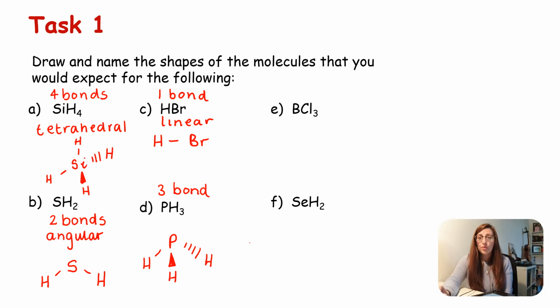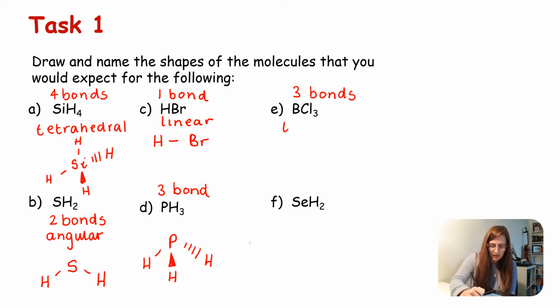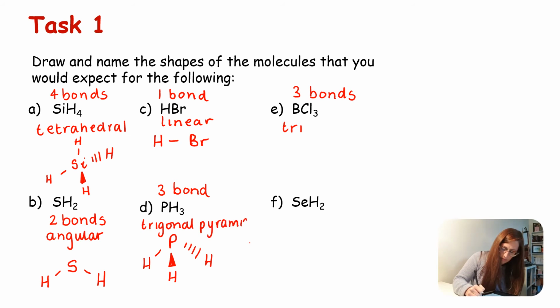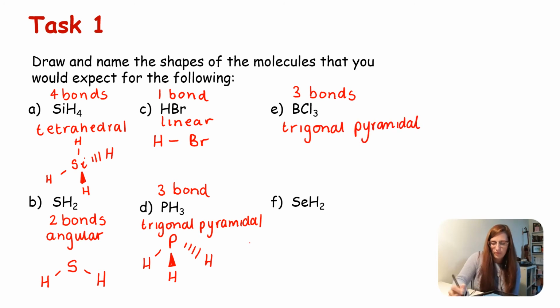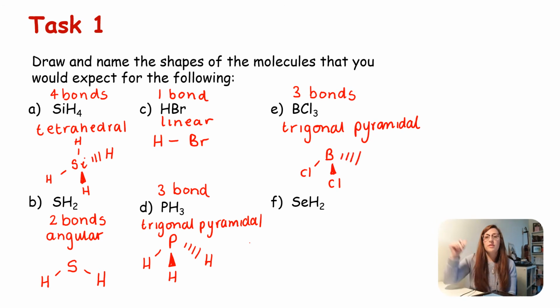For E, we've got boron bonded to 3 chlorines. So that molecule is going to have 3 bonds, meaning it's going to have a trigonal, oh, I should have put that for D as well, trigonal pyramidal shape. And E would be the same, trigonal pyramidal. So we'll have our boron up the top, 1 normal chlorine bond, our wedge chlorine bond showing that that is going in front of the plane,